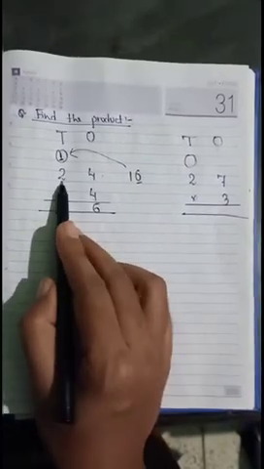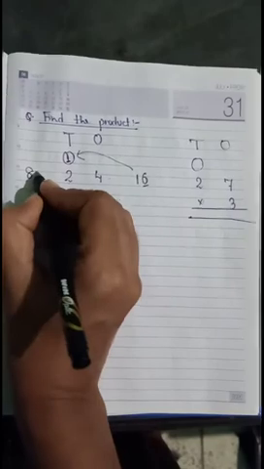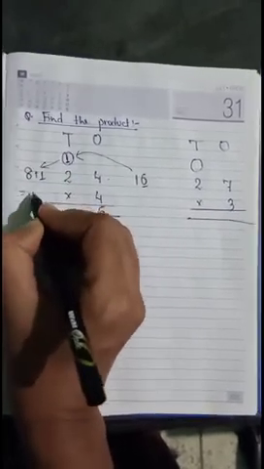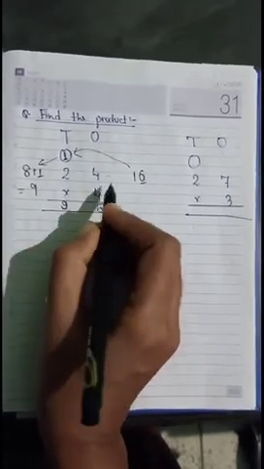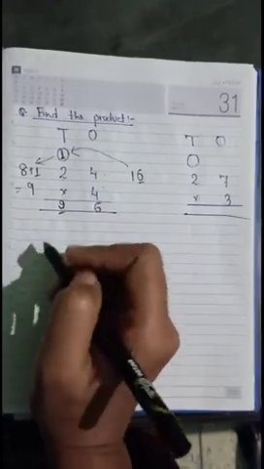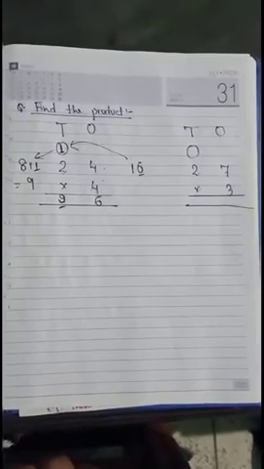Now 4 2s are, 4 1s are 4, 4 2s are 8, 8 and this carry number is added to 8, it will be 9. So this should be written here, 9. 4 2s are 8, 8 plus 1 is 9, 9 should be in the tens place. This is the multiplication of a 2-digit number with regrouping of the ones number.